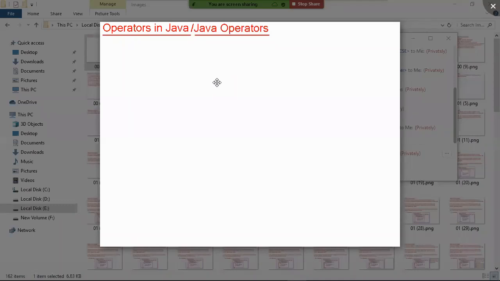I hope you remember we discussed language fundamentals. There we learned that when you plan to develop any program, you have to perform four activities. Number one, storing data. Number two, performing validations and calculations. Number three, controlling the flow of execution. And number four, throwing exceptions if the given value is wrong, to terminate the program execution.